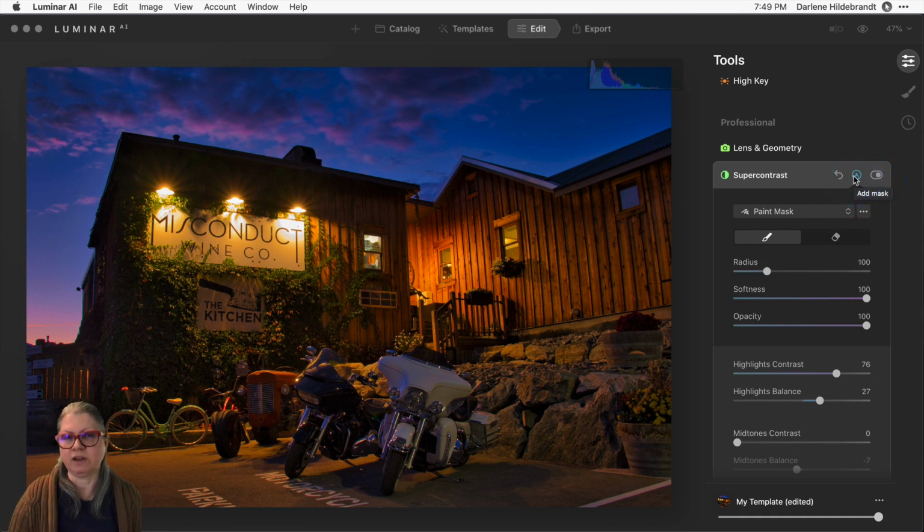Once it's open, you have a choice of painting in or painting out the effect. What I recommend here is choosing either the paint tool or the erase portion of the mask based on how much you have to paint or how big of an area you want this tool to apply to in your image. In this case, I only want it to apply to a very small area. So if I use the erase tool, I'd have to erase it off 90% of the rest of the image. So I'm going to use the paint tool and just paint it in to the part that I want it to apply to.